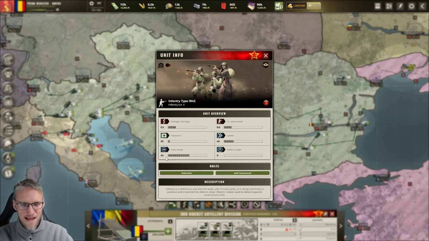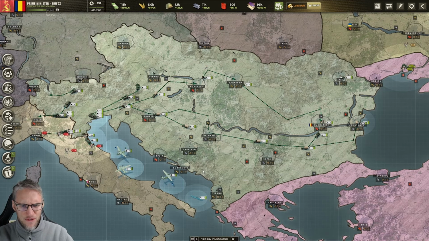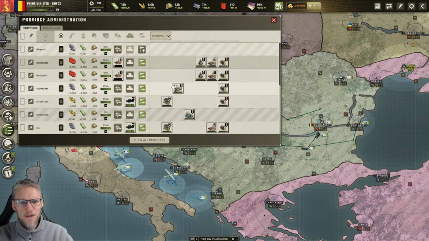My infantry, for example, has now 30 hit points. They deal 95 damage, which is a great difference compared to level 1 infantry. So you're gonna get that HP and damage boost straight at the front line. And it's very efficient to produce 10, 15, 20 units first before upgrading, because like this, you're not obligated to